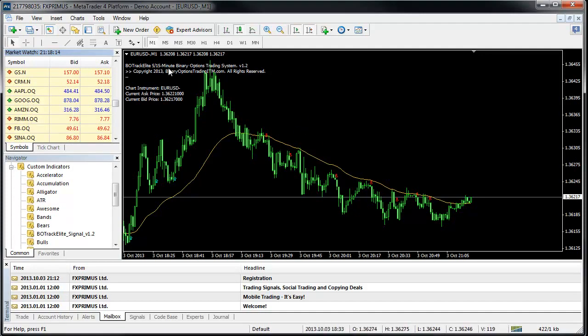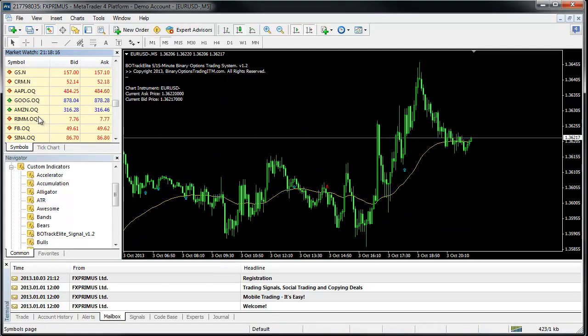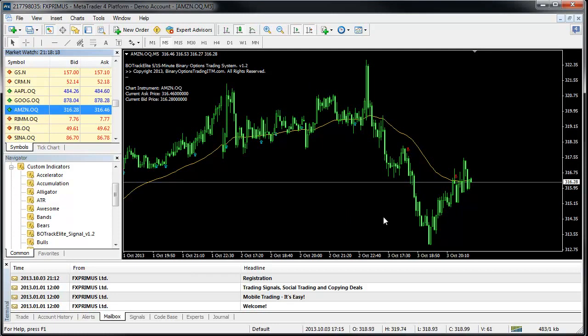So we could easily just use the 5-minute, for example, on the Amazon stock and see how that's going. We would have got a signal today around this time, around 5:30 broker time, to buy a put option for 45 minutes, and that would have easily gone in our favor, kept us in the money, and secured us a profit. 1, 2, 3, 4, 5. Sorry, 5 here were profitable. So as you can see, the hit rate is fairly good,